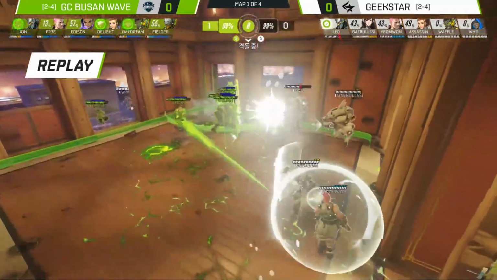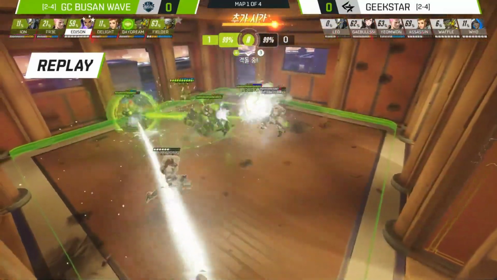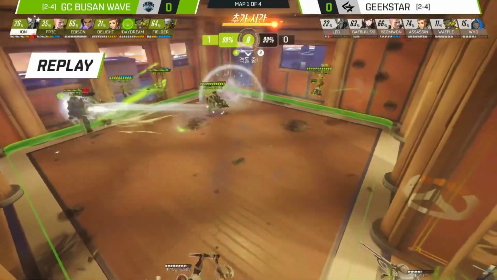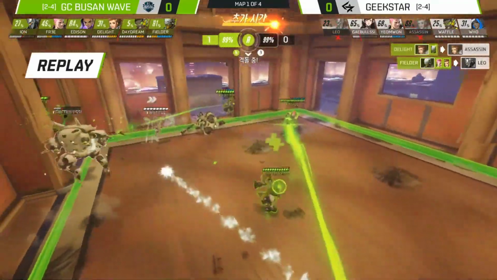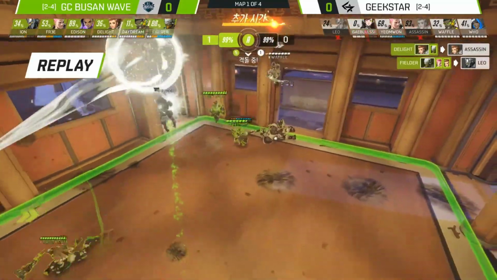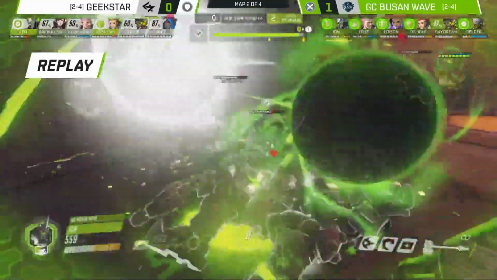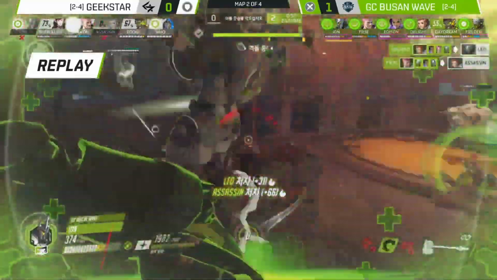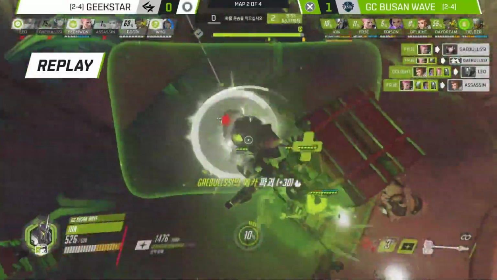Although it really just comes down to that high ground control. And GC Busan, time and time again, whether it be on Horizon, whether it be on point B of Junkertown, they constantly had it. This is where GEEKSTAR had the best shot here, though. There's no high ground control available for GC Busan, and GEEKSTAR are able to do things when that is the fact, when they're able to take things 1-to-1 and put Leo into positions where he can make plays alongside